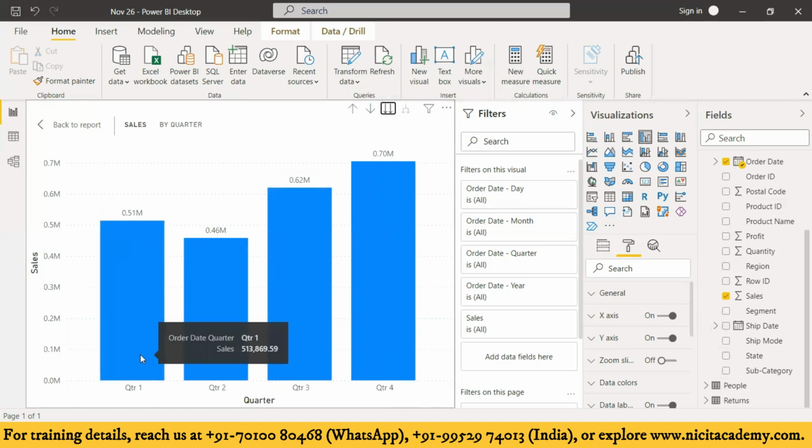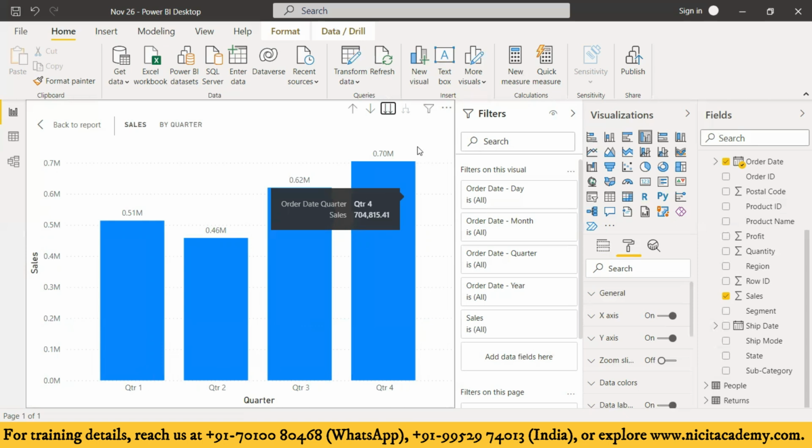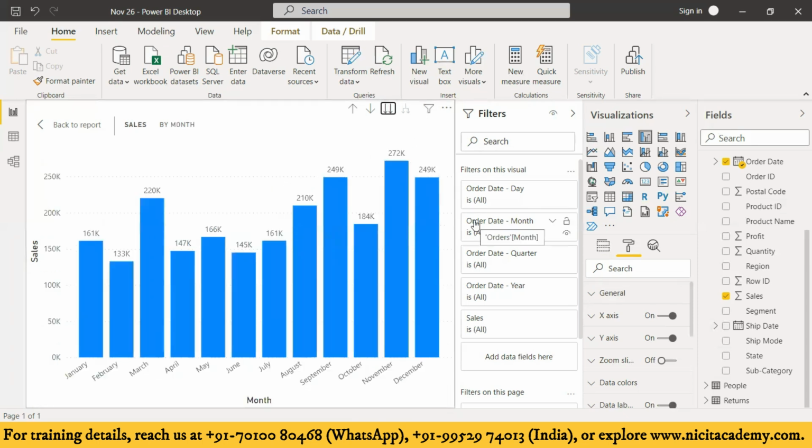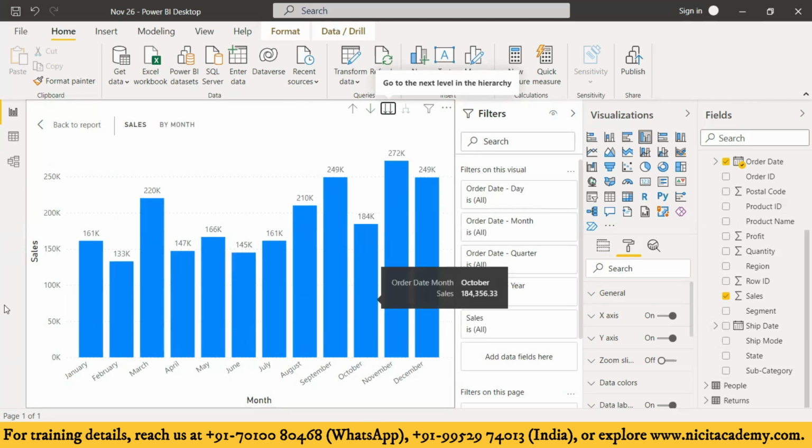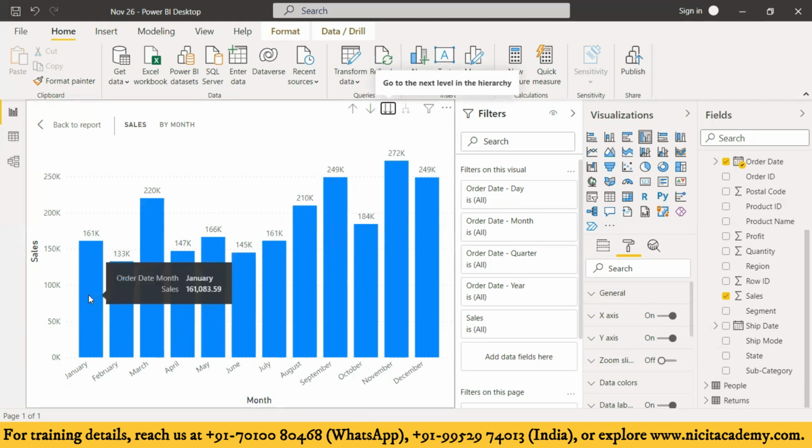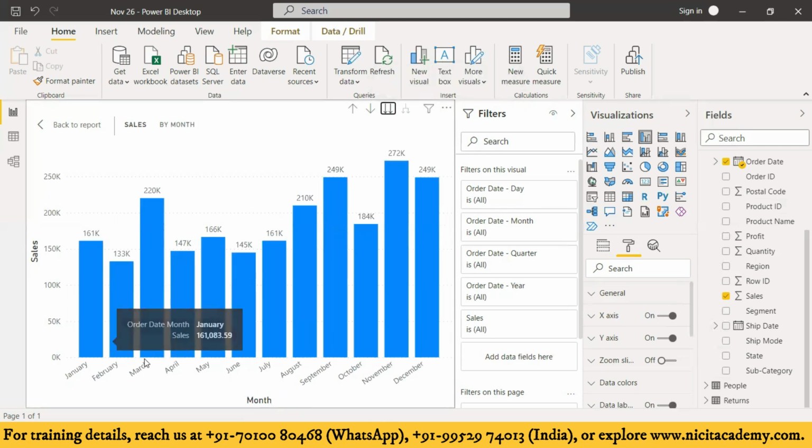So this is Q1, Q2, Q3, and Q4. Again, one more time I'm going with month. So January, February, March, April, May, June. This is nothing but the consolidated value, right? The aggregation value for all the January. Say for example, if we have